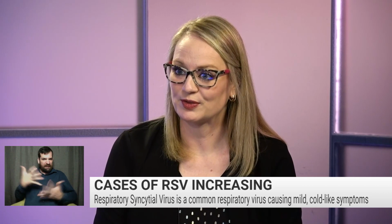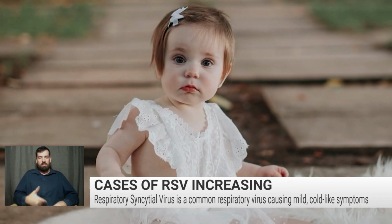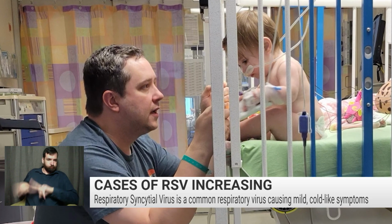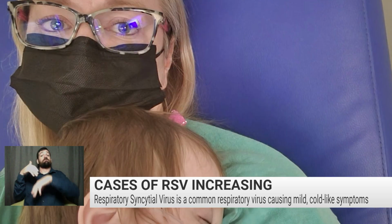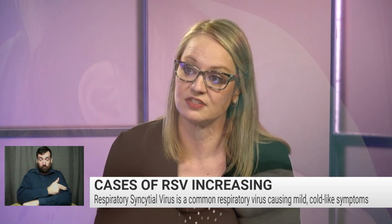We were alerted from our daycare facility that there was an RSV exposure, and then upon picking her up, I knew she wasn't feeling well, and we just kind of deteriorated. So we kept her home for the first couple days, and we just continued to monitor her, and by the end of the week we knew that she needed more advanced care. So then we went to an emergency room, and from the emergency room we were admitted, and then quickly from admission taken to the ICU just due to